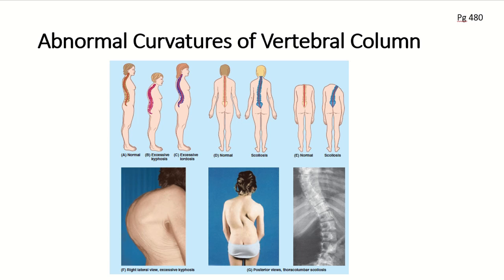But if someone has excessive thoracic kyphosis, which is clinically shortened to kyphosis, what is typically called a hunchback or a humpback, this is characterized by an abnormal increase in the thoracic curvature, which results in the vertebral column curving posteriorly. As you can see here, here's the kyphosis of the cervical region that you see.